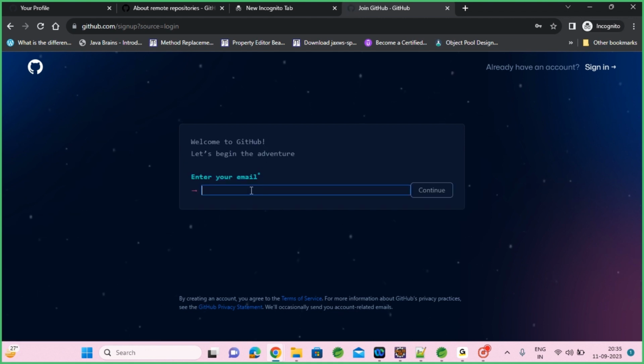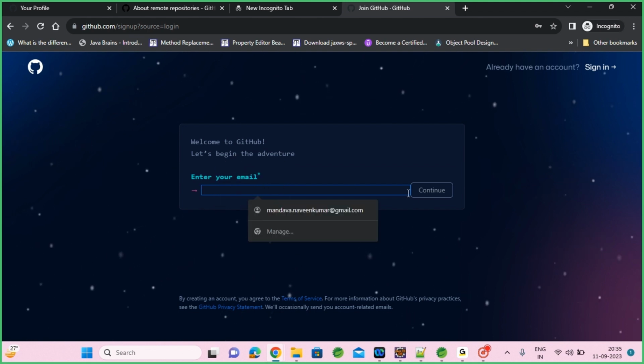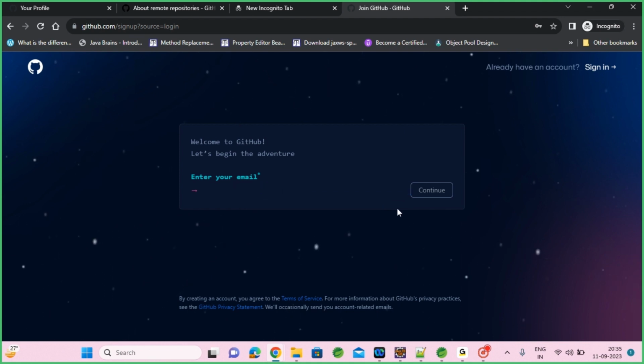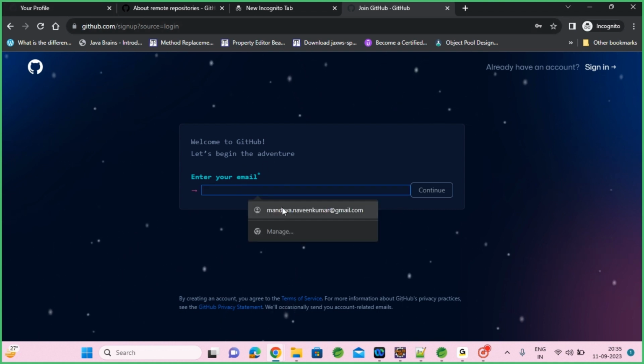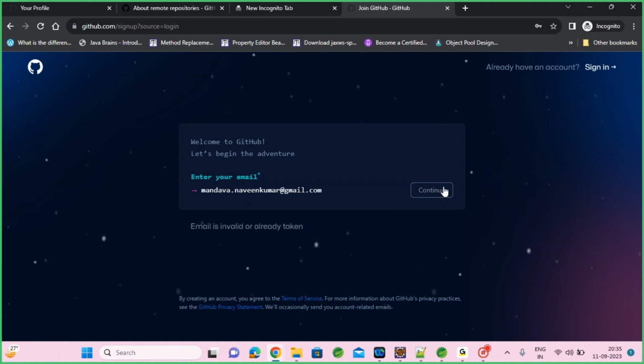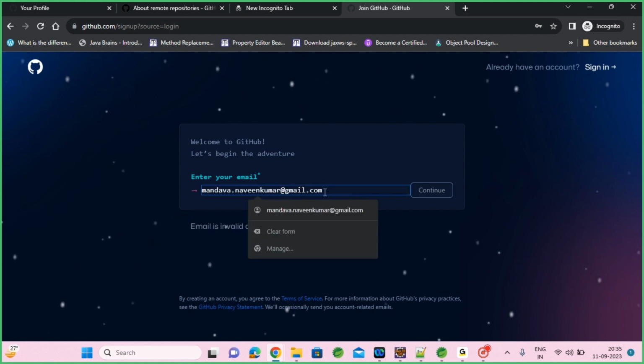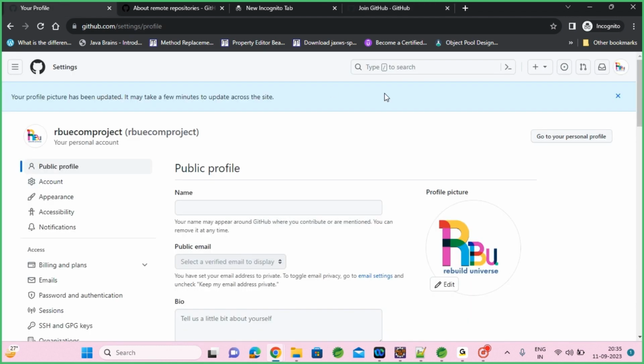What all you need is one email ID, create one Gmail ID and put it here. And when you go next, it will show you the steps: what password you want, what is your Git name. Just first enter your email ID, then click on continue. Already I have this email ID registered, so it's not allowing. But when you enter a new email ID, it will show you steps. Once done with that, you will be coming to this